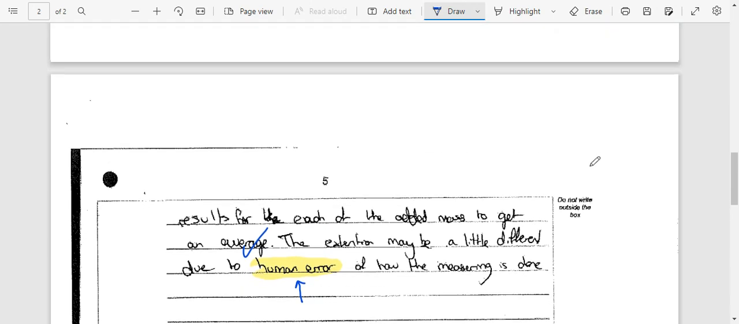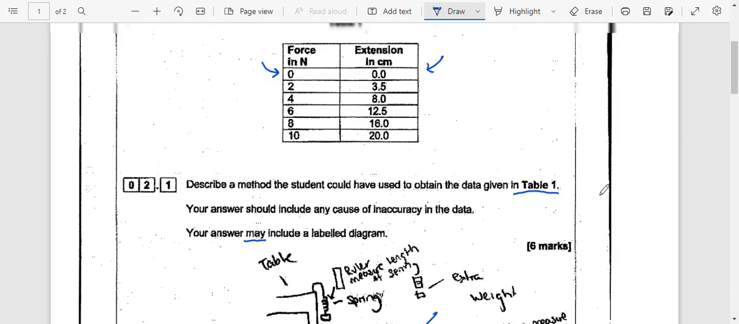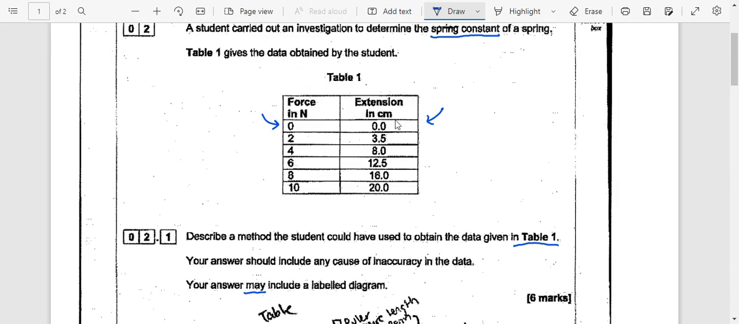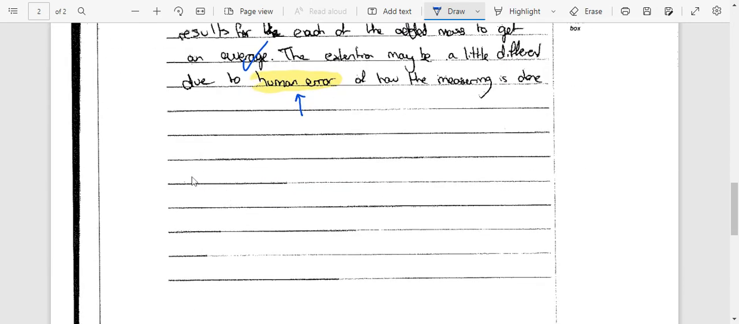The other thing they've missed, if I go back, they've said to measure the spring without any weight. They've then said to measure it with weight. But if I just go back to the table, it is clear that it wants extension. The student hasn't told me how to find extension from their results. So what they could do is add somewhere in their answer that extension